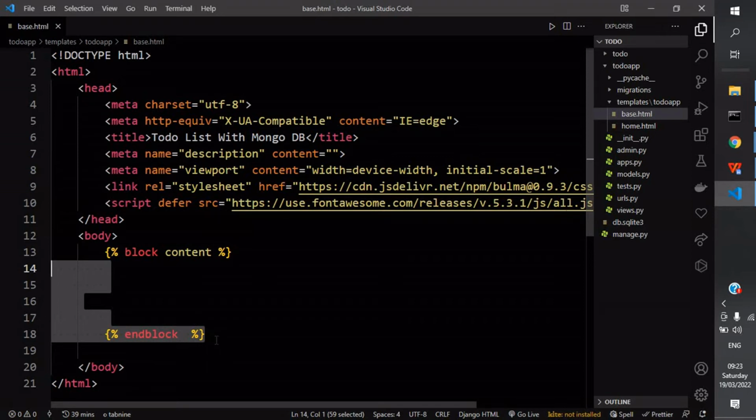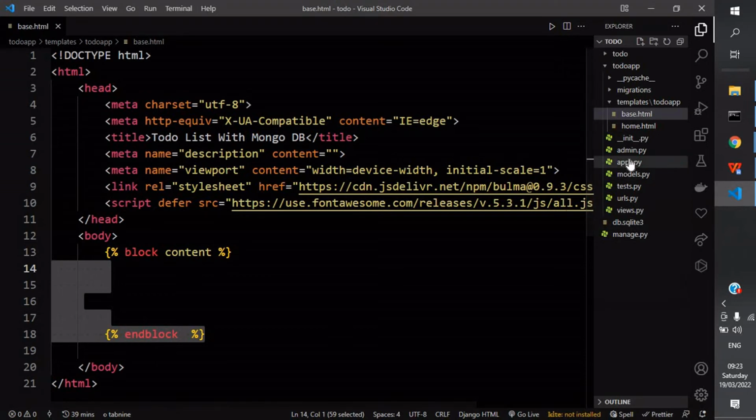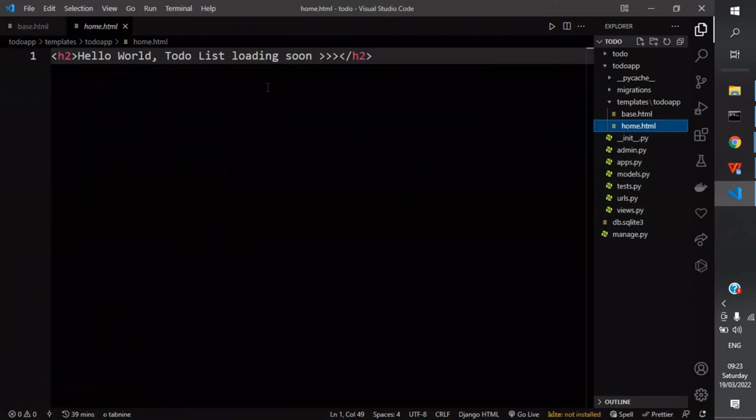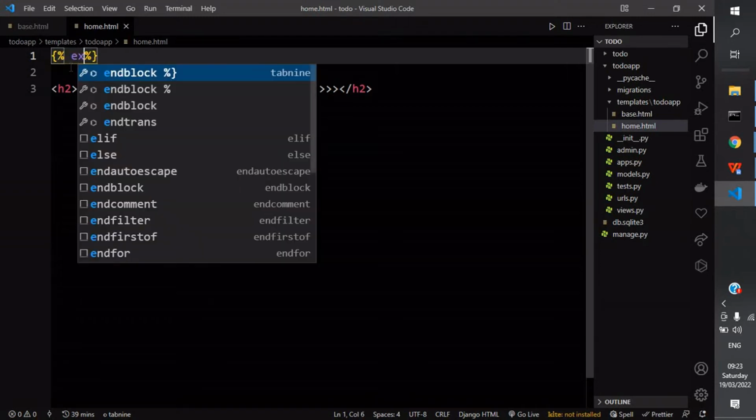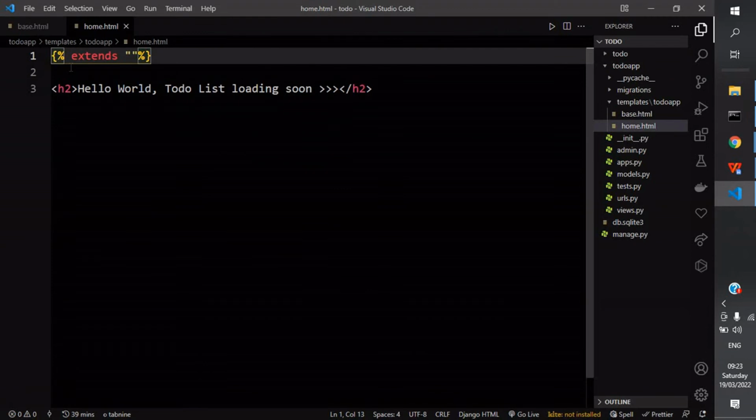So what you're going to do currently is extend from base. Extending from base is simple. You just have to go back and change the HTML file that you created earlier on. You just have to do extends, but you have to create this first. Then you say extends. We're going to extend from